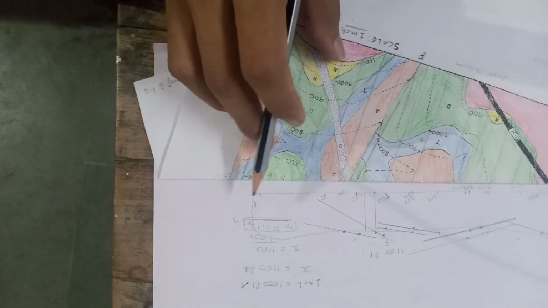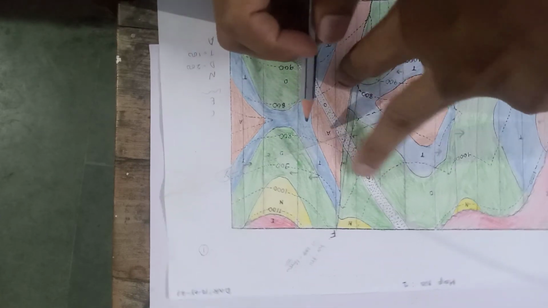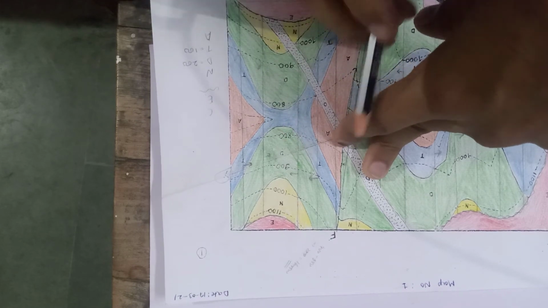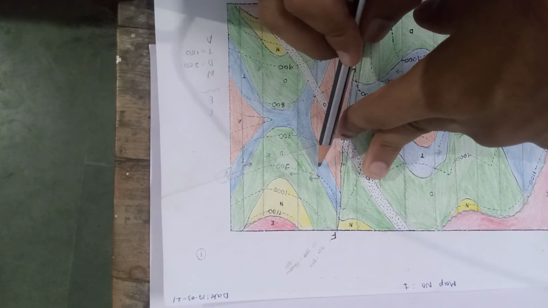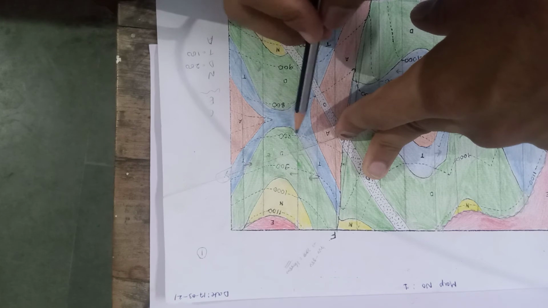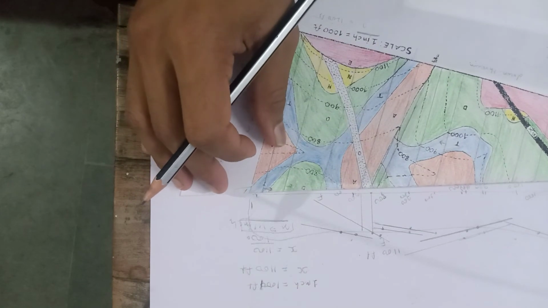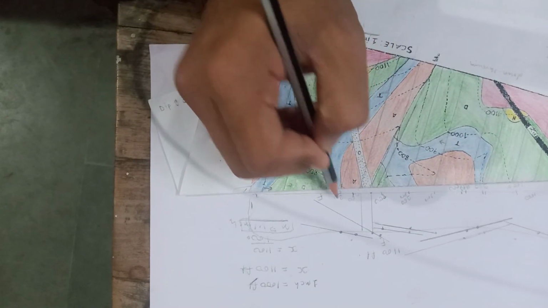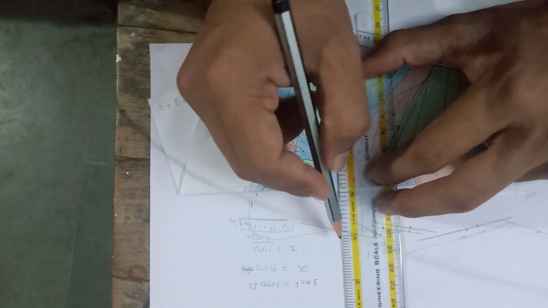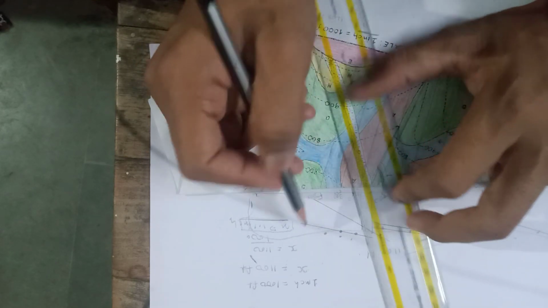For the TD contact we need to first find the strike line which is cutting at two different values of contour. This is T and this is D. Suppose you have taken this strike line which is cutting the T and D contact at 900, and suppose you take another strike line which is cutting T and D at 800. Now fold your map, this is of 900 and this is of 800. Now mark these values, it will be somewhere here, and another strike line will be pointing to it. Now merge this.